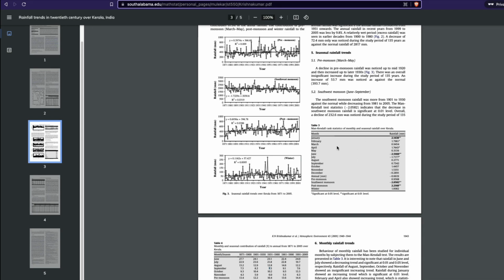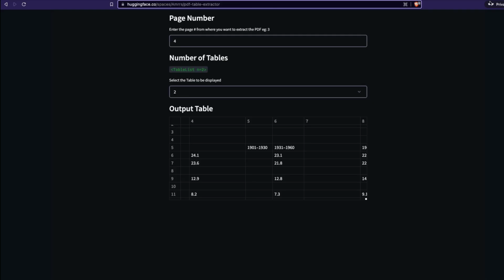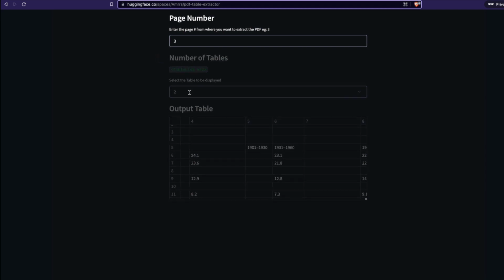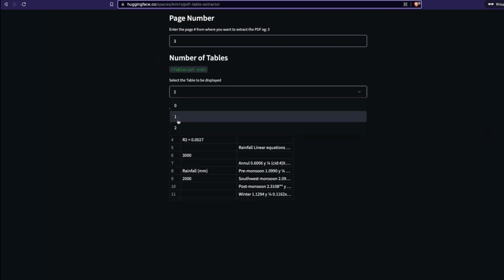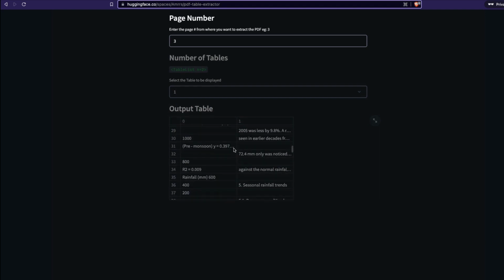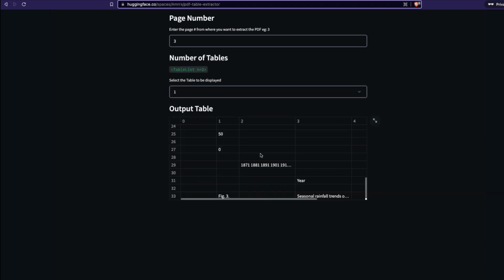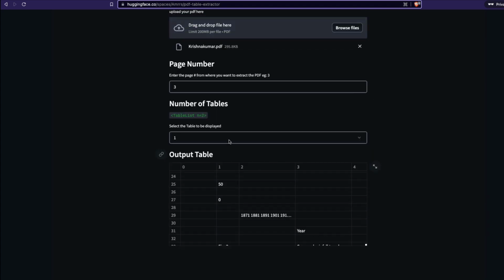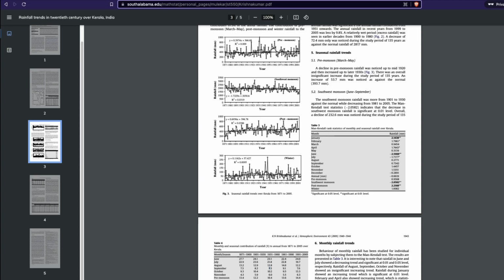So this is on page 3. If I say page 3, I can go here, change it to page 3, and wait for it to parse. After it parses, I can select the table. There are a lot of different tables available here. Let's see. You have a table that talks about rainfall. Let me see if it is that one, month, rainfall. I think, yeah, this one.